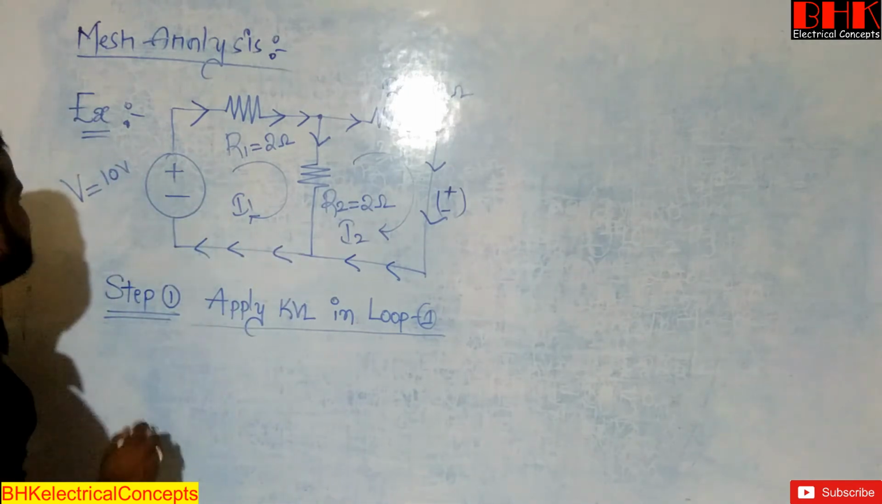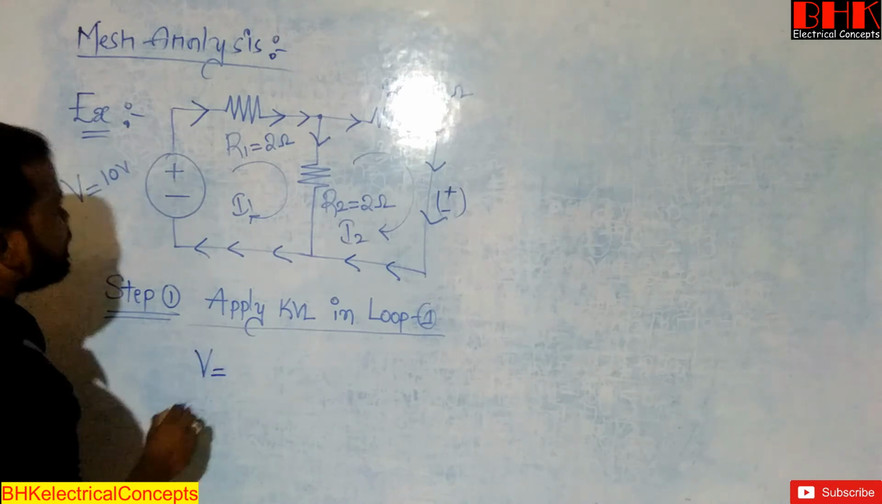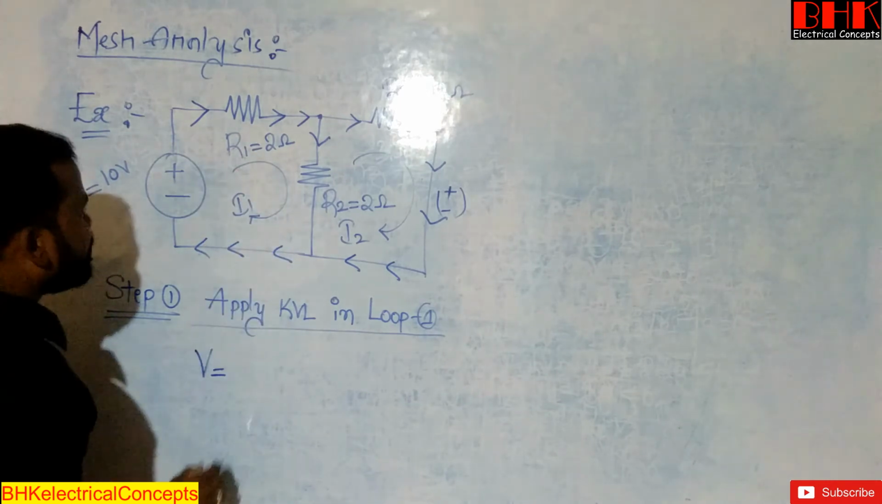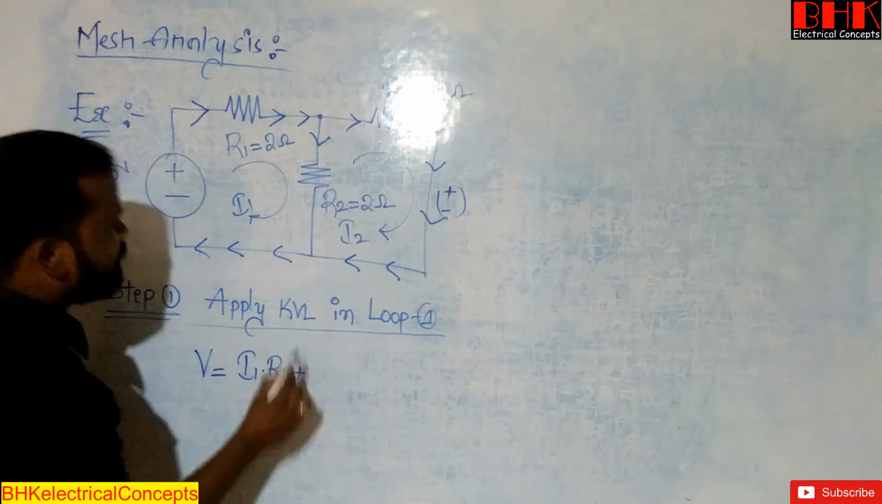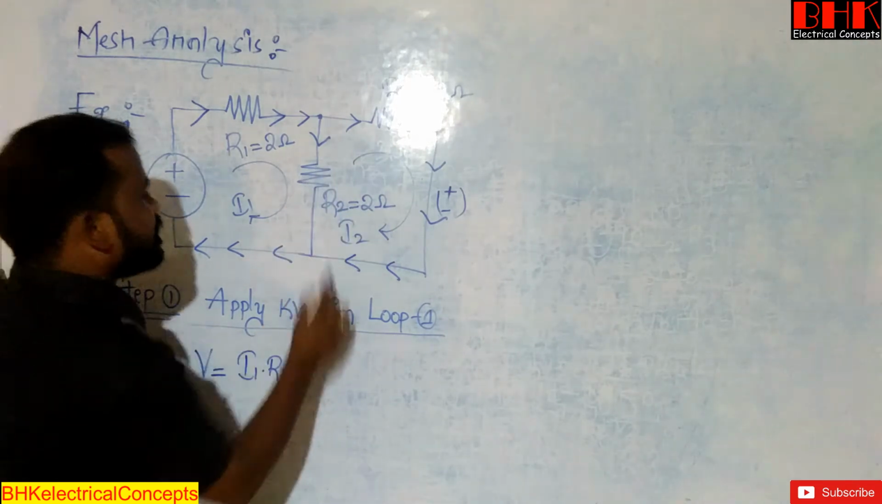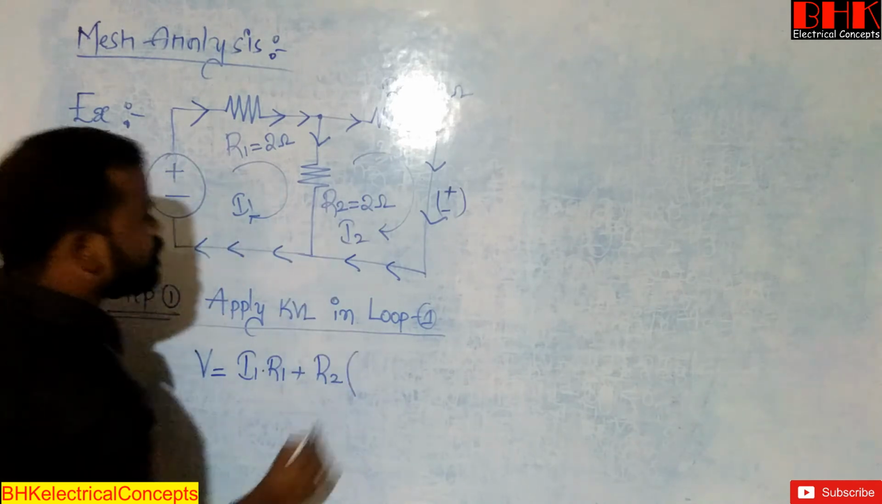First, applied voltage. As per KVL, applied voltage V is equal to the drop across resistance. That is I1 into R1 plus, so this is the mutual resistance. Mutual resistance means R2 into...